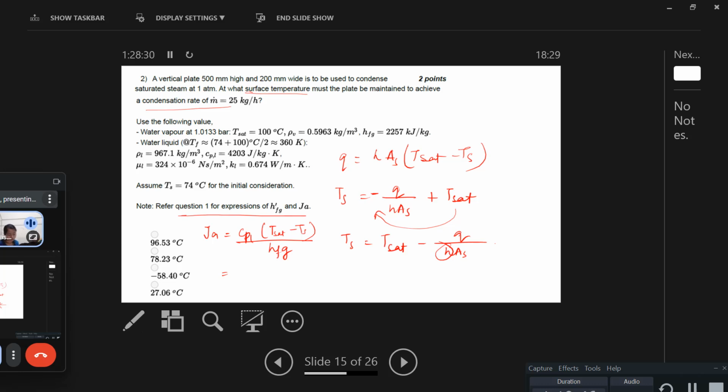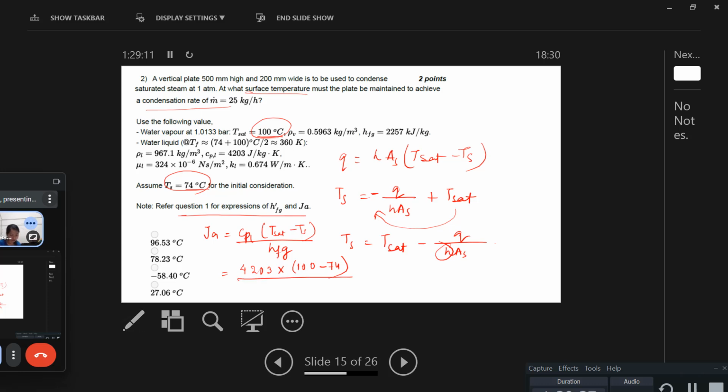So for initial consideration, they have given T as 74 degrees Celsius. Okay, so this is already given in question. Anyways, this is given in Celsius, so we don't need to convert. So CPL is 4203 into 100 minus 74. T set is given as 100 and TS is given as 74